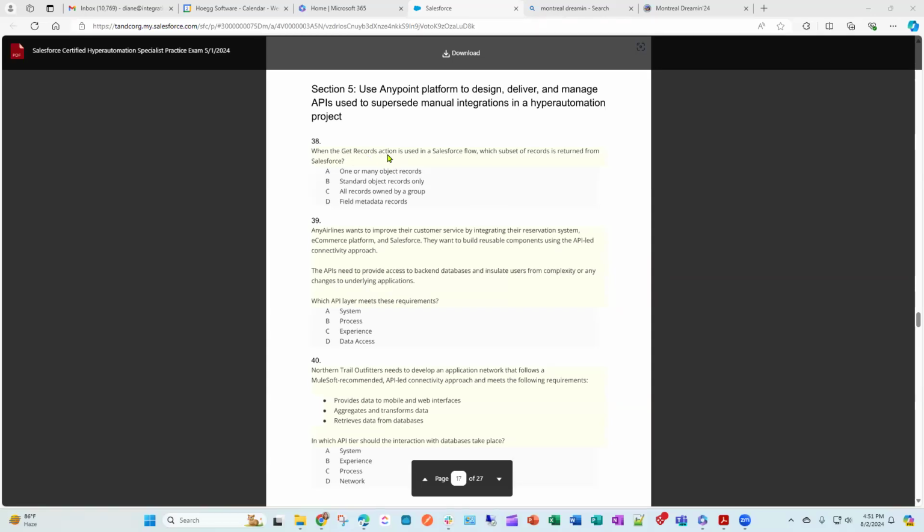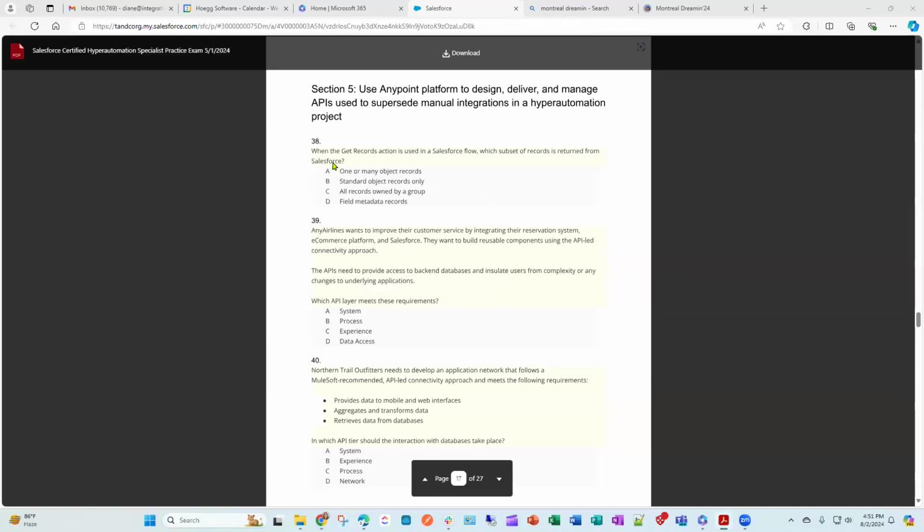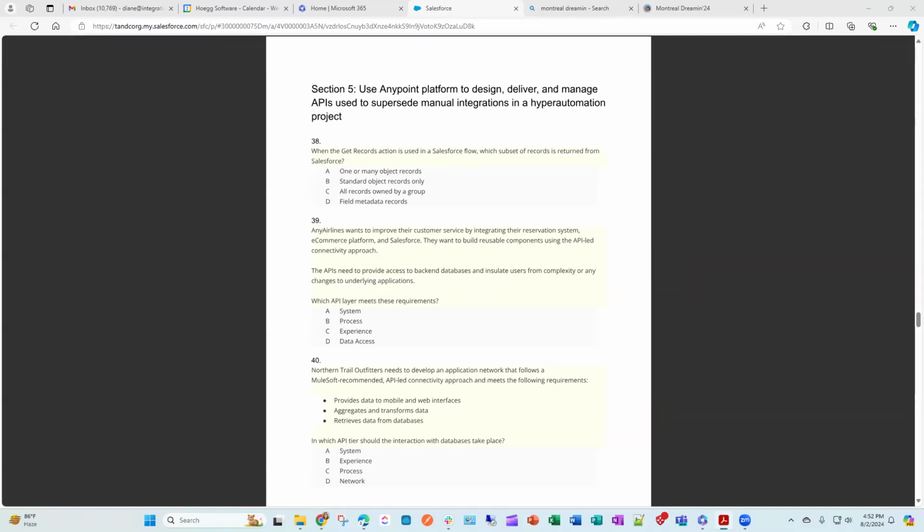All right. So when the get records action is used in a Salesforce flow, which subset of records is returned from Salesforce? Okay, so we're looking at a get records action that's in a Salesforce flow. So what is returned from Salesforce? Which subset of records? Is it the metadata records? Is it all the records owned by a group? A standard object record only? Or is it one or many